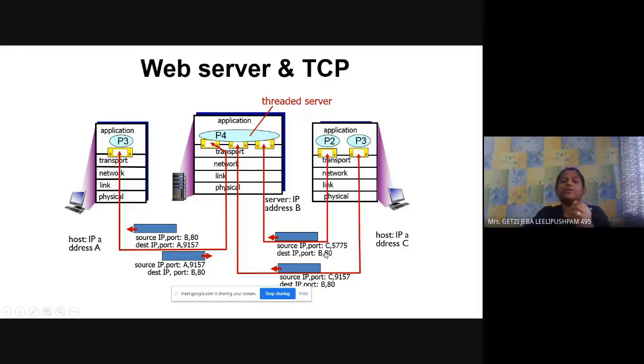Now, when it comes to the web server, how does the web server handle this? You would have studied the concept of multi-threading in the operating system, and you know how a server works. The server doesn't just get one request and give a reply, one request and give a reply.